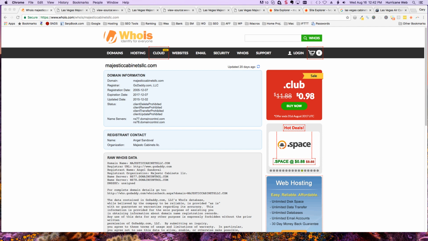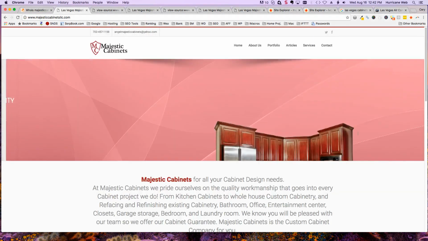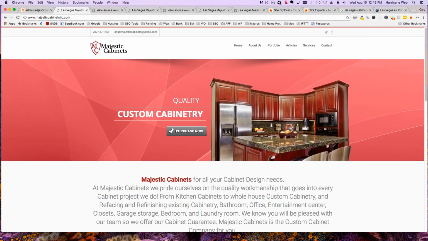The older the domain, the more trust that you get from Google. So for example, if it was a domain that was only a few months old, that would be an issue. Since this domain is 12 years old, this is fantastic. It already has some trust built up with Google. So anyways, just to move on to the first page now,